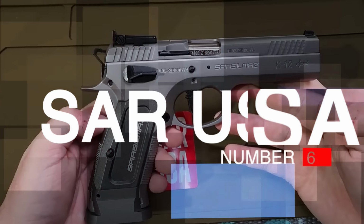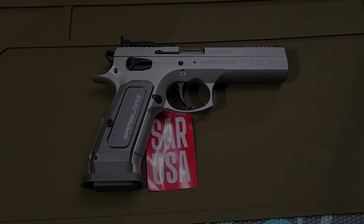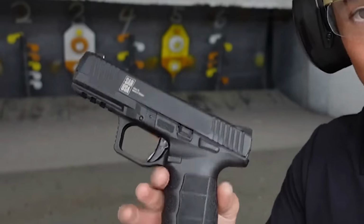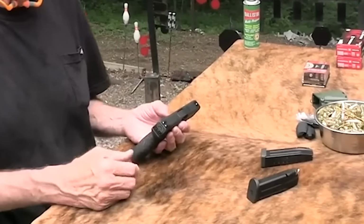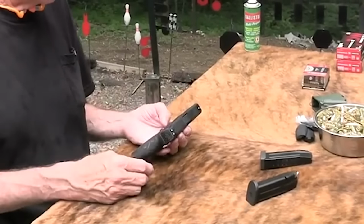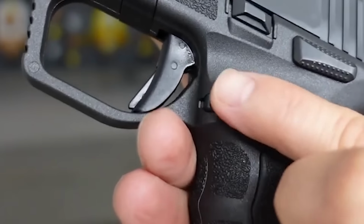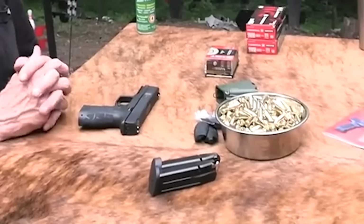So, Number 6, SAR USA, $400. The Sarsilmaz SAR 9mm pistol has come together with good features, making it among the most desirable handguns on the market. It is affordable compared to the Glock, HK, and Walther, yet it gives up little to these pistols in performance. It features an ambidextrous safety, a firing pin block and bifurcated trigger, a lever in the center of the trigger to prevent trigger movement if the pistol is dropped,